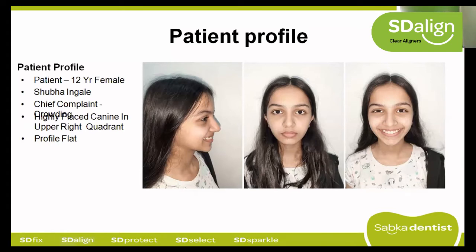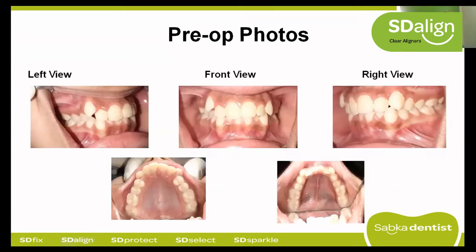So we had given the option of doing rapid maxillary expansion also, but after the doctor discussed with the parents, they were also keen to try and pursue maximum possible expansion with the aligner therapy. So keeping that theme in mind, we have also kept that as the first stage for our planning.